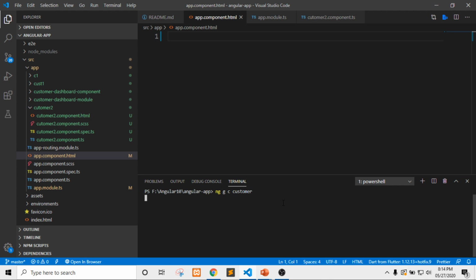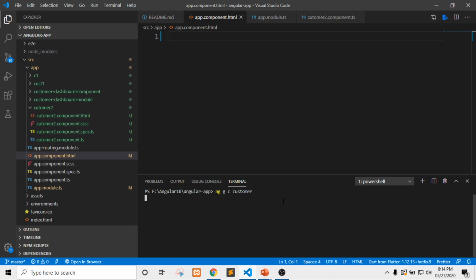Right, so I have executed the command ng g c customer. It will create a customer folder with all the four files, and it will also update the app module class. It takes a couple of seconds to execute this command and create all the four files.